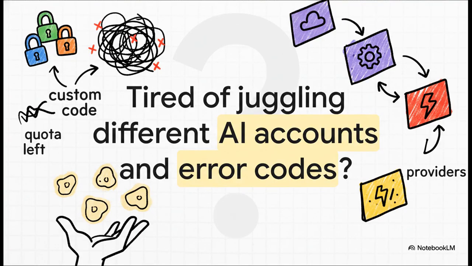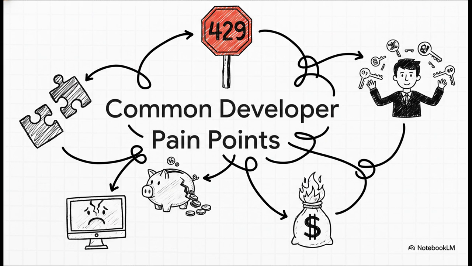You're constantly hopping between different accounts, trying to remember which one has any quota left, and you're writing all this custom code just to handle each provider's unique quirks. It's this constant, frustrating battle. And listen, these are not just minor annoyances. Every single time you hit a too many requests error, your app could just fail on your user. You might accidentally use a super expensive model for a simple little task, and poof, you're just burning through your